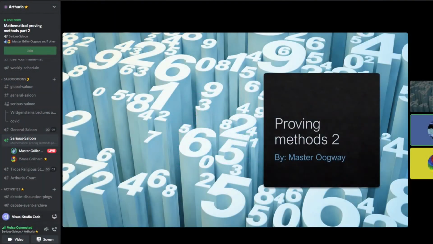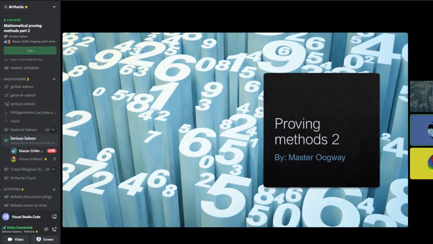Hello guys, this is the continuation of the lectures on proving methods. This is part 2, and in this lecture we're not actually going into hardcore proving methods by sub-disciplines in mathematics. We're still examining the most rudimentary ways in which we prove things in mathematics. The most important parts of today's lecture will be proof by contradiction, and some statements of mathematical induction,